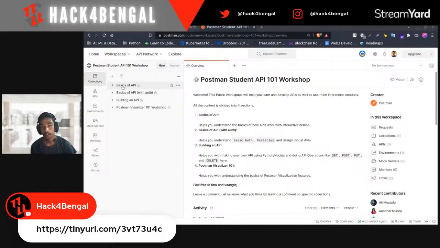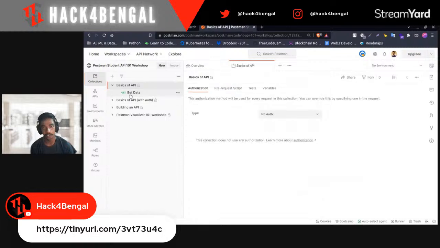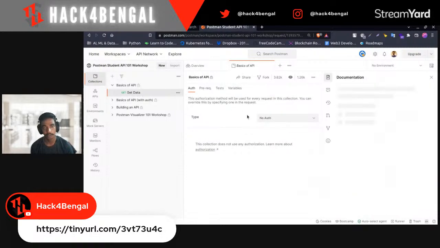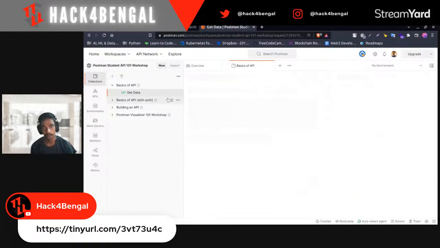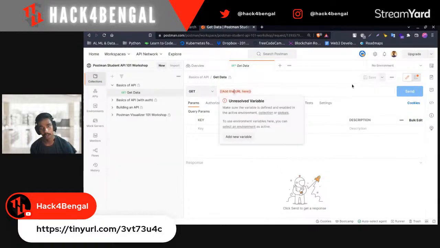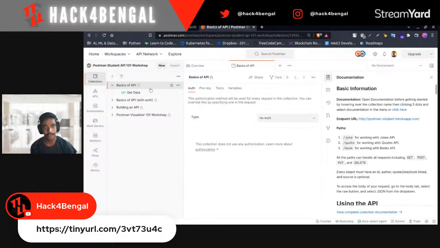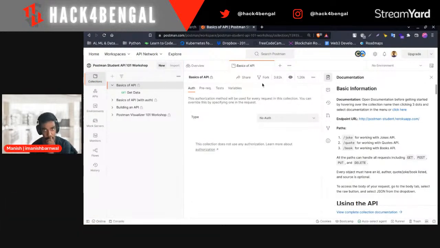Cool. So now what you need to do. You can see these are locked. You can't make changes here. Suppose you go to this and then to this, they will ask you to add a URL, but you can't add it here because this one is locked. The owner is different. So what you need to do is just fork it.